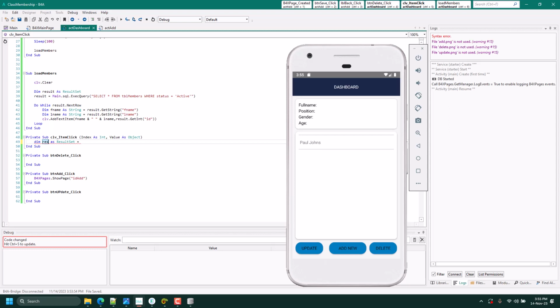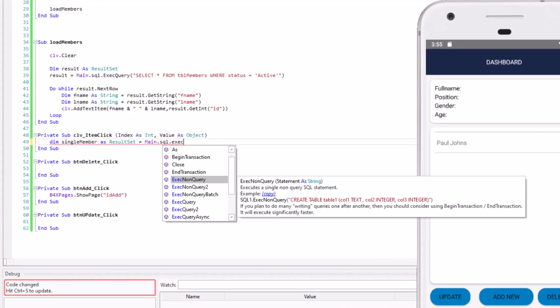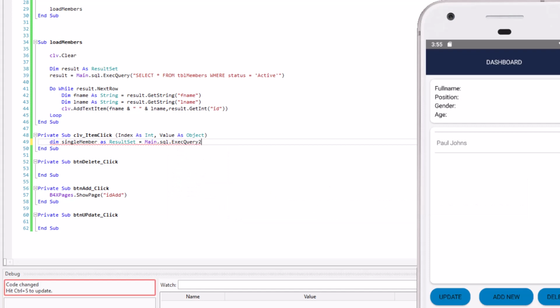Let's call it the single member as result set equals main.sql.execute query. Okay.